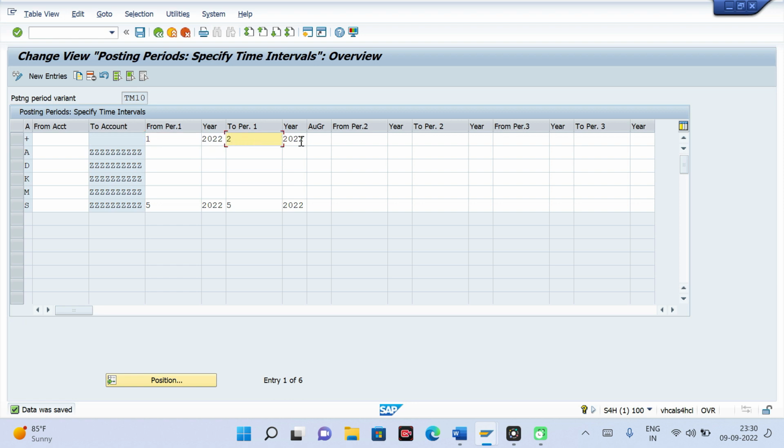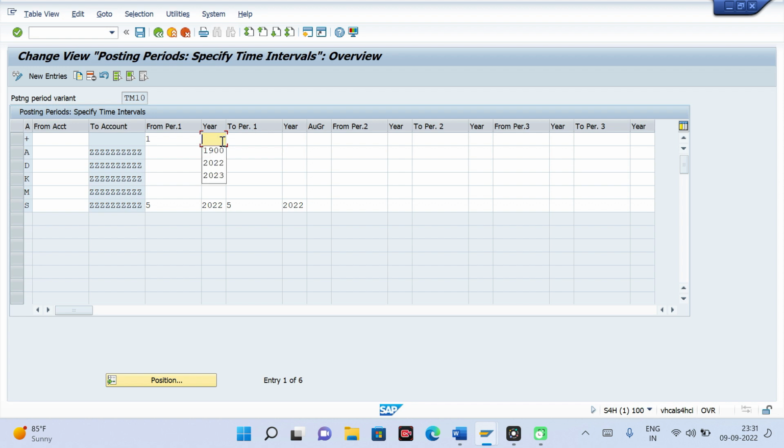Opening and closing the posting period in finance, there is no limitation. Any period you can open. For example, I can give here 1900 and I can give here 12999. So all the periods are open for all the fiscal years. There is no limitation, but generally in real time, in normal time you open only current period. In the month end you open your previous period as well as your current period. So two periods generally you open during your month end.